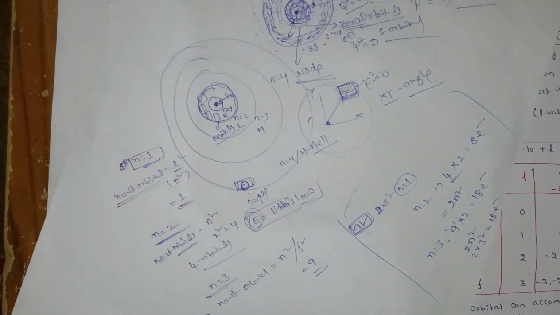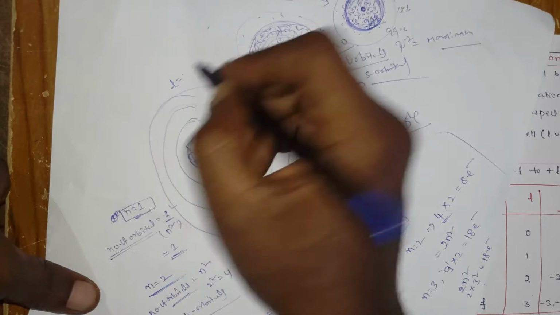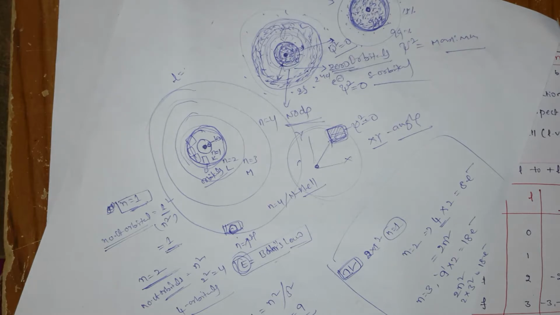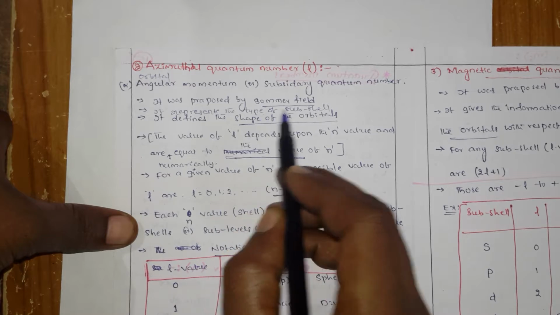Like your city. Suppose in India, the principal quantum number is nothing but a state. Our state is Telangana, and in this Telangana again the azimuthal quantum number is a subpart, that is the district. So in Telangana how many districts are there? Earlier 9 and now I don't know. So the L is a part of a shell, that is the reason they call it subshells. It represents the type of subshell.